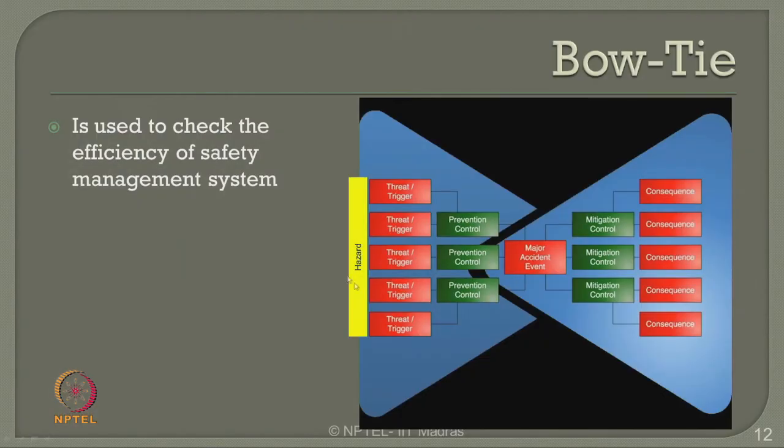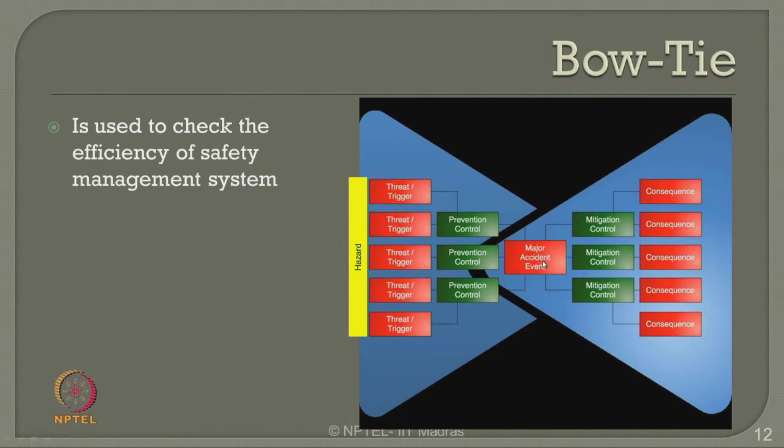Now, look at this figure. There is a hazard scenario present in the plant. This hazard scenario can give rise to different kinds of threats. These threats can trigger different scenarios that can result in or cause an accident. Now, of course, as we all understand, in the original design there will be a lot of prevention control mechanisms available in the plant. So, taking care of these prevention and control mechanisms in order, one can easily find out and evaluate the probability of the hazard triggering off to become an accident.